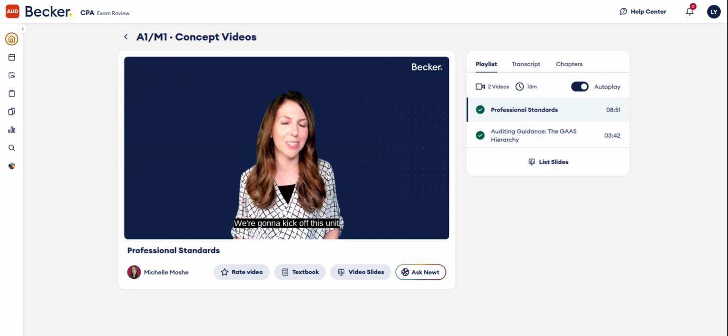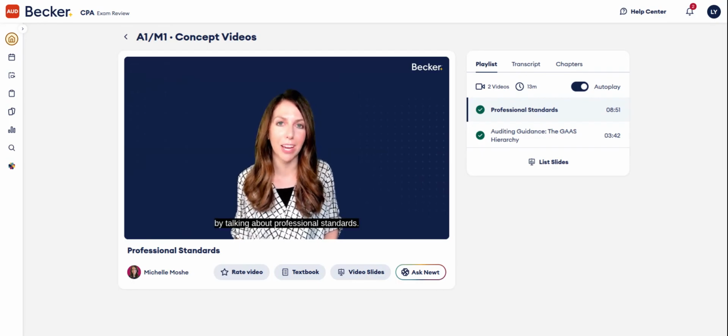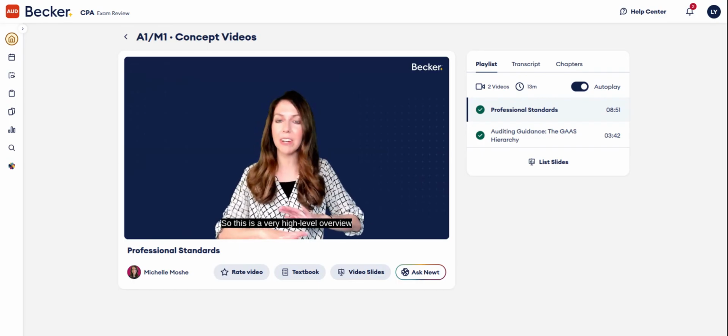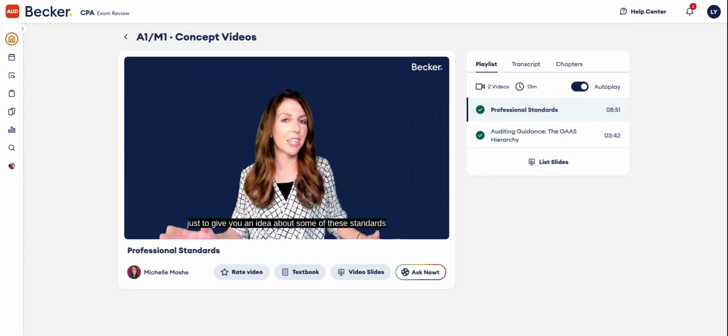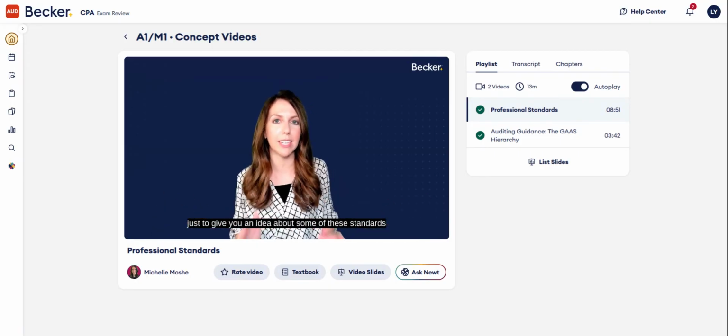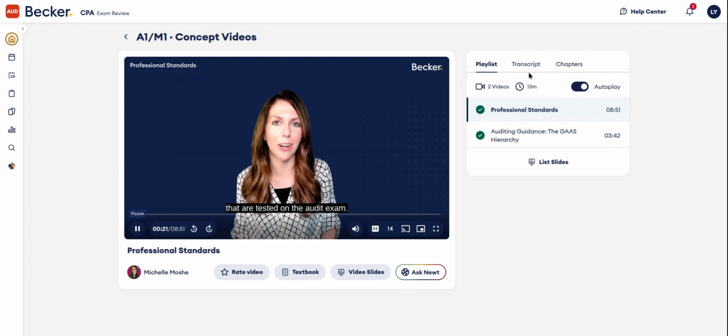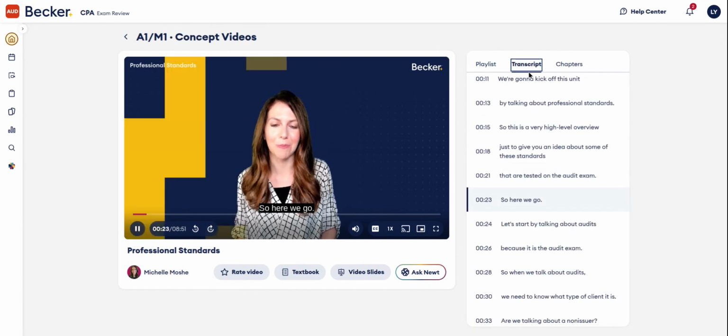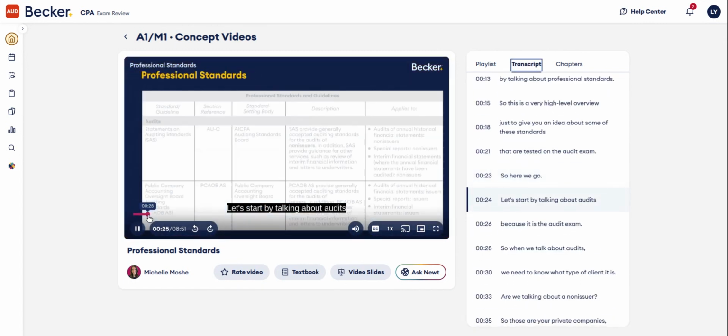We're going to kick off this unit by talking about professional standards. So this is a very high-level overview just to give you an idea about some of the standards that are tested on the audit exam. So here we go. Let's start by talking about audits because it is